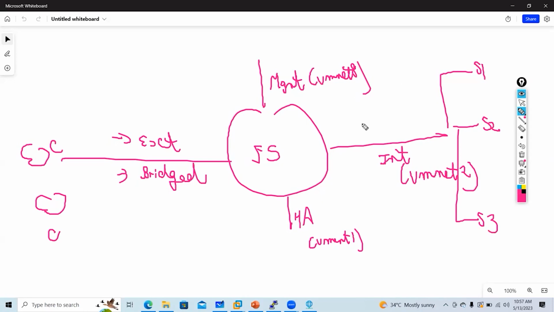So let's say if it's 10.2.2.0, I'm writing a subnet here for your easiness. 1.0/24. Management will be 192.168.137.0/24. And HA will be,